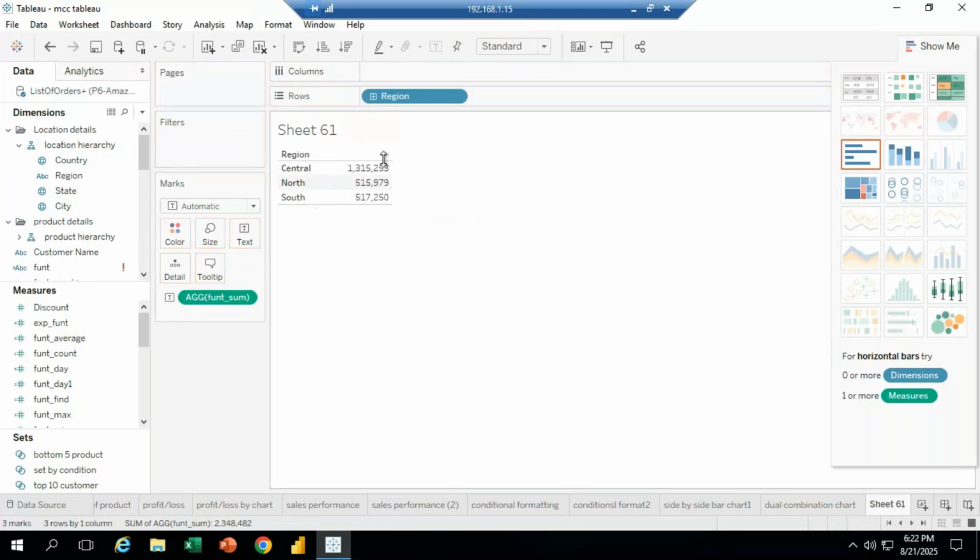See, now central region, this much sales amount we done, north region this much, and south region. Like this options we got. This is the total sales, region wise, what is my sales amount. Okay, like this we can try. In the central region, we got 13,15,253 worth rupees goods we exported. North region, 5,15,979. In the south, 5,17. Totally 23 lakh something we got. Like this we can see particular region wise what is my sales. If you want to see, we are going to use the option. Okay,